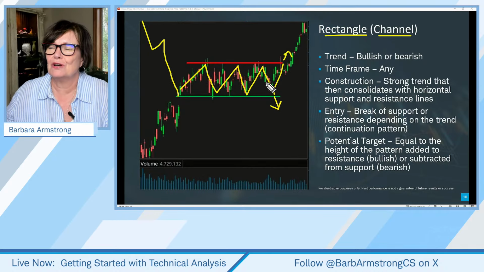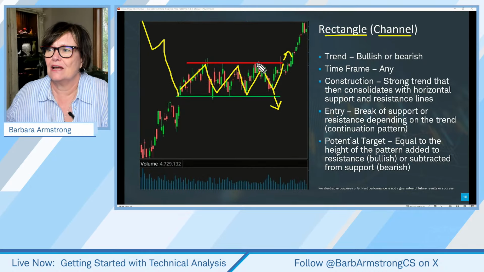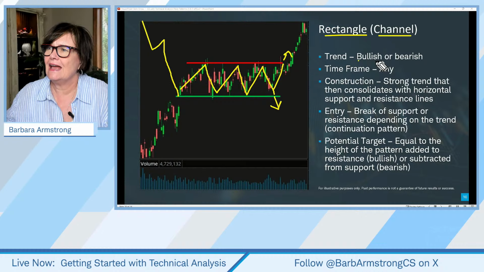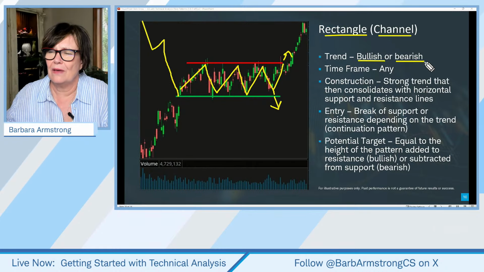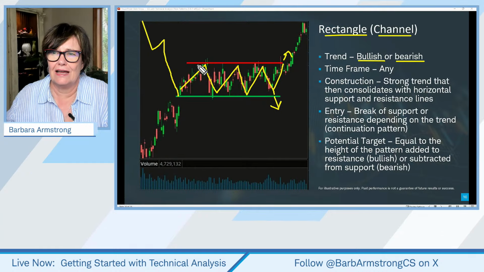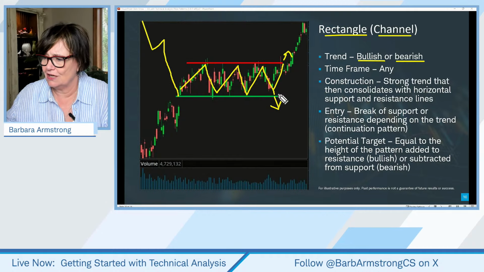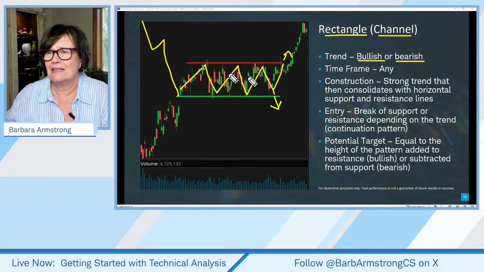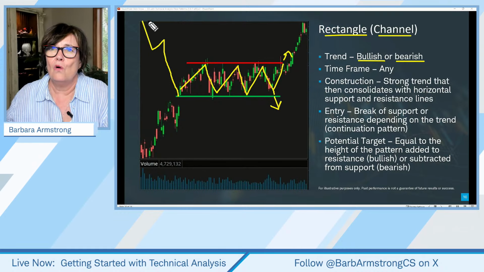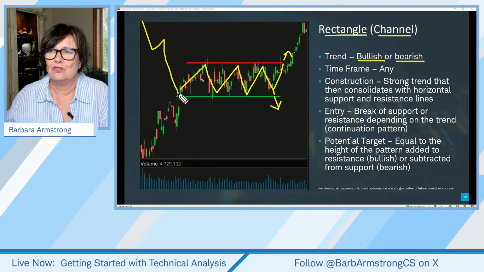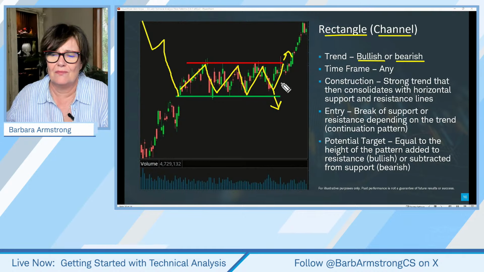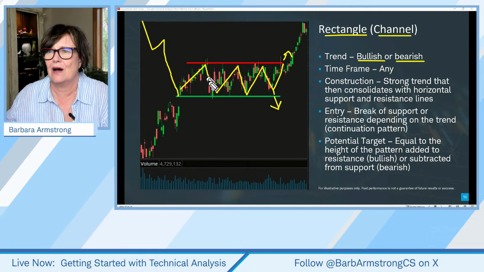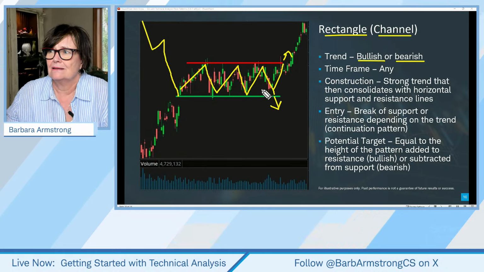We don't know how they're going to play out until they, in fact, either break above a resistance level or break below a support level. So these can end up being bullish or bearish. And they can happen during an uptrend, and then all of a sudden we see a consolidation, as we've been seeing in AMD lately. Or we can have a downtrend, and then it seems to find a bottom, and the sellers kind of get exhausted, and the buyers keep coming in, but they go back and forth sometimes for many months.